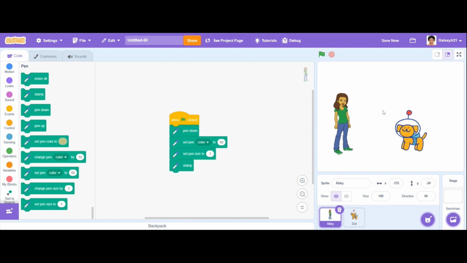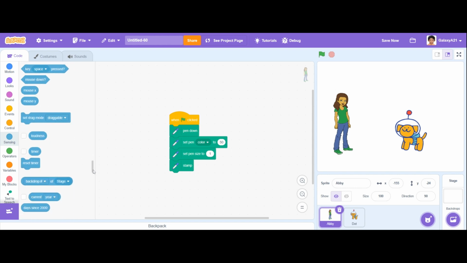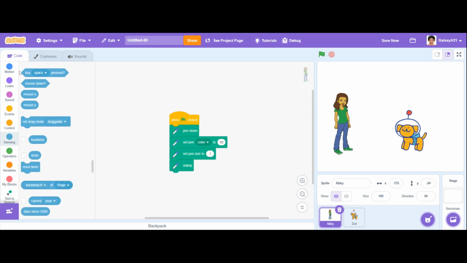So nothing happens. What I want to do is make it so the pen follows